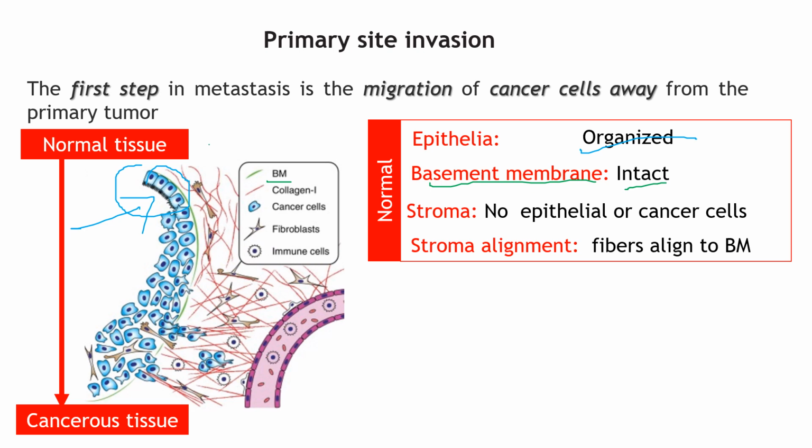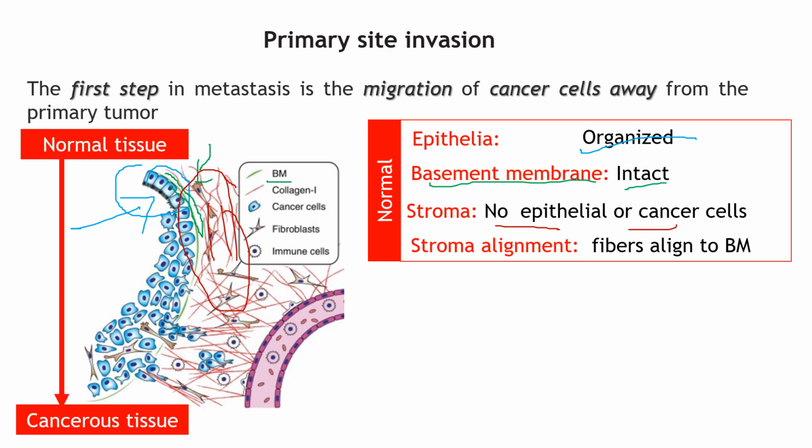So you will see the green things, the barrier is still located there. Third, the stroma has no epithelial and no cancer cells. And finally, the collagen fibers in the stroma are relatively aligned with the